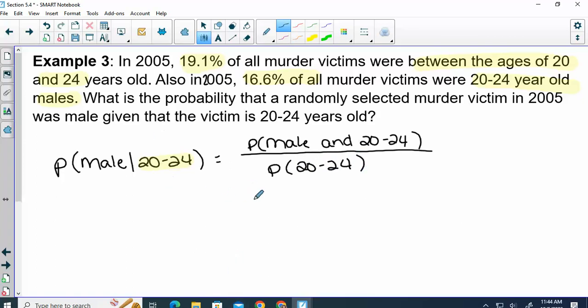Alright, looking back at my problem, what was the probability that they were male and 20 to 24 years old? 16.6%, so 0.166. Divided by, what is the probability that the person was 20 to 24 years old? So if you divide those,